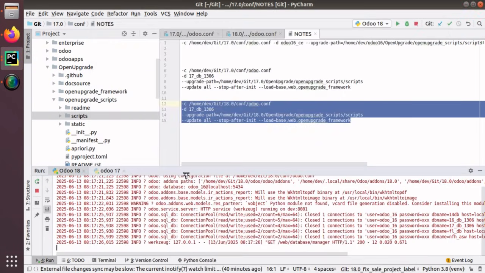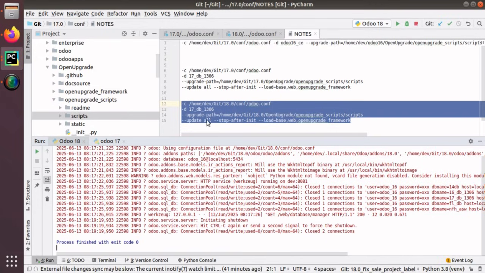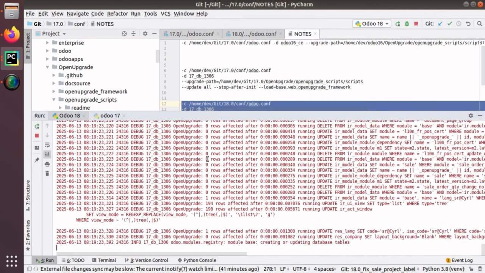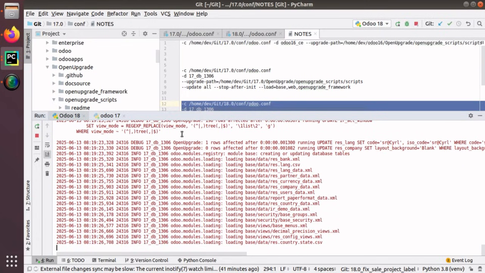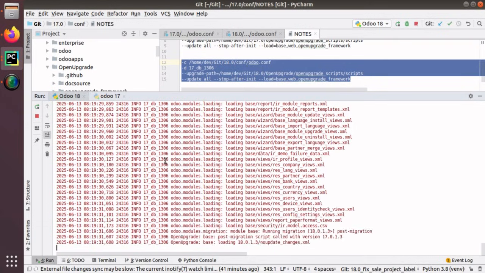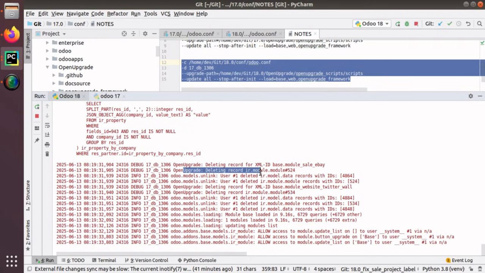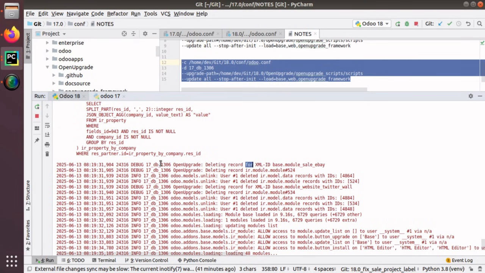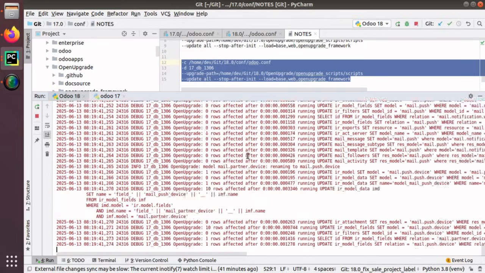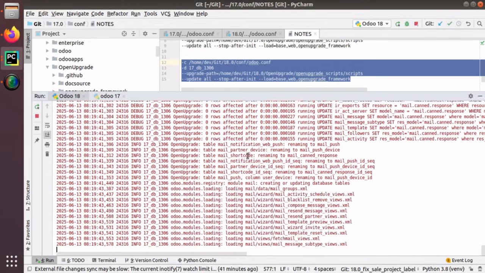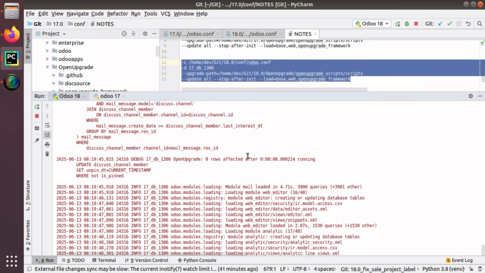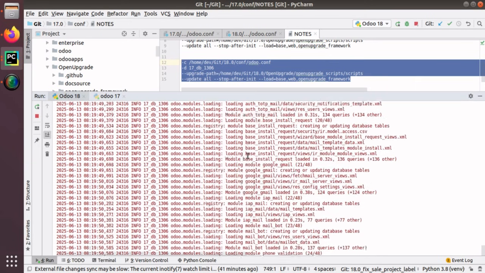Now let's stop Odoo 18 and let's run. So we are starting the migration process to Odoo 18, and you can see the process has been started. You just need to see the log, what happens. The script is running. You can see OpenUpgrade deleting some records. Once the process is done, our database will be migrated to Odoo 18, and we can verify the version and ensure all the content is available inside the database. So let's wait until